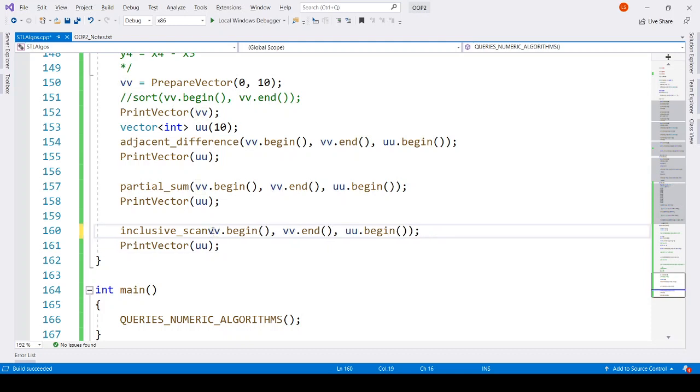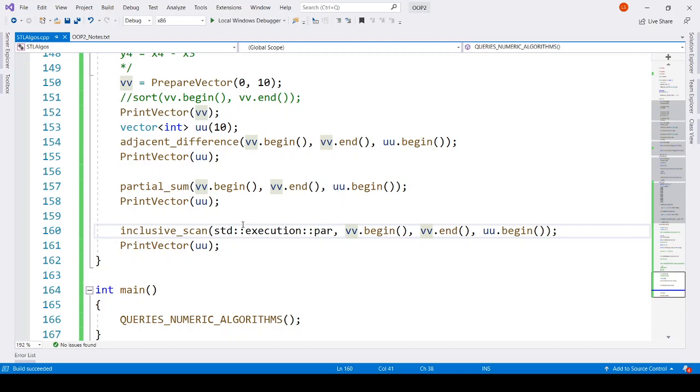So it basically does the same thing, but it has more overloads, and it can execute in parallel basically. So I guess we can say std execution parallel, and it will still execute. There is no such thing as execution parallel for partial sum. So these are new algorithms added in C++17.